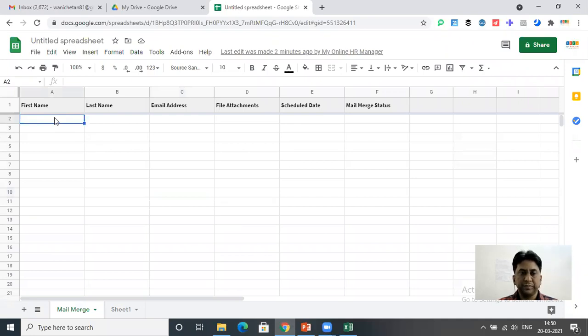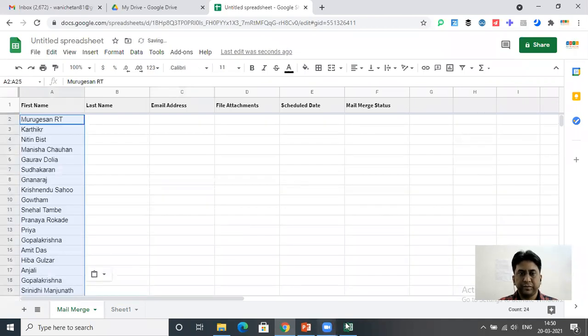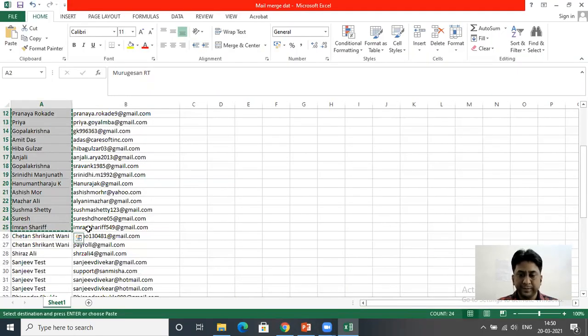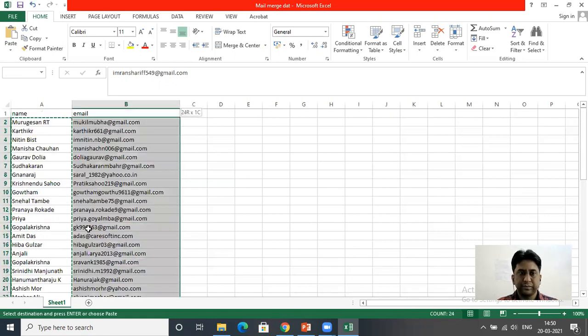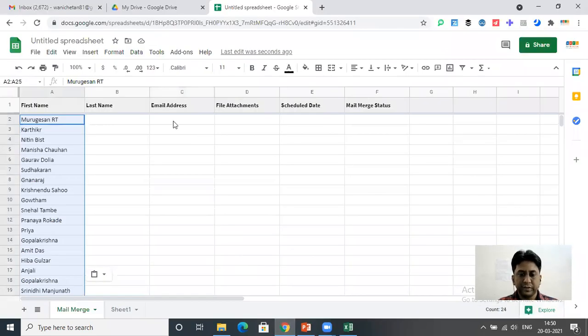First name. Then go to email ID. Then email address. So this sheet is ready.